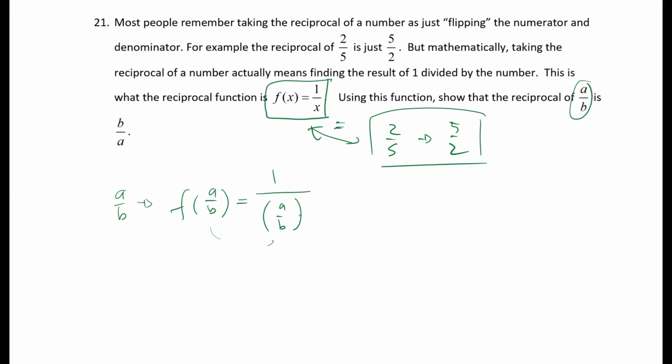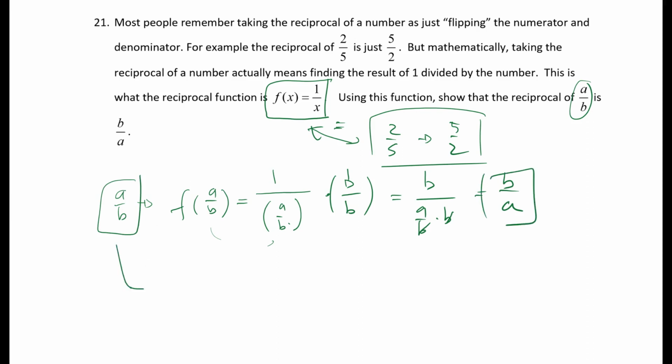Goal here, clear denominators. Well, I see b in the denominator there, so if I strategically choose b over b as my form of 1, I'll get 1 times b in the numerator here, a over b times b in the denominator. Well, those b's cancel, and that equals b over a. So now we can see why flipping works here. If I put a fraction into this reciprocal function, the output is the flipped version of that. But it's important to understand why that works here in the context of the definition